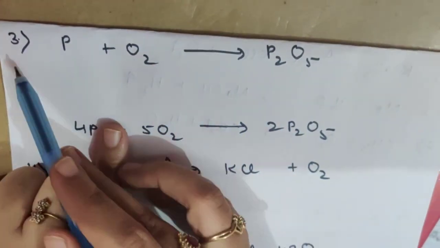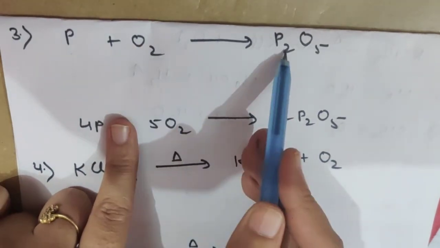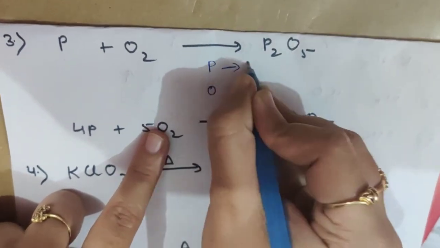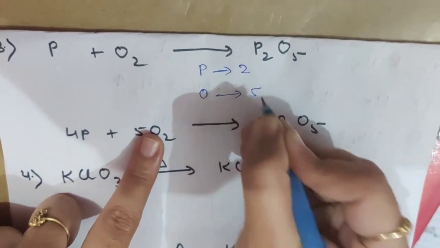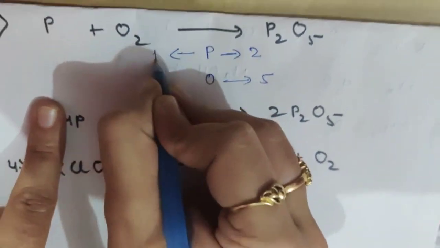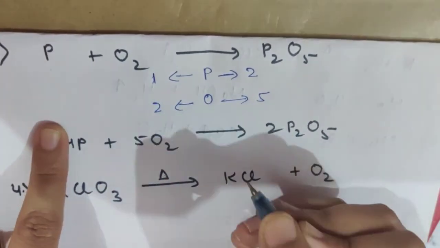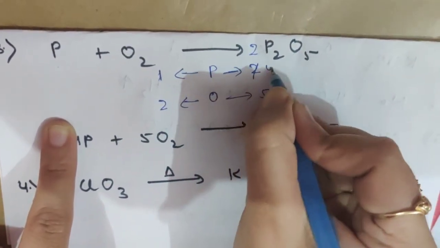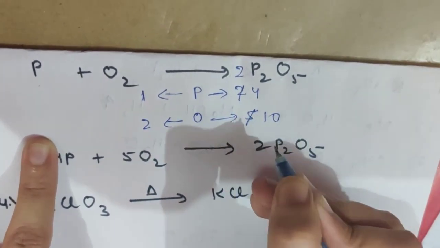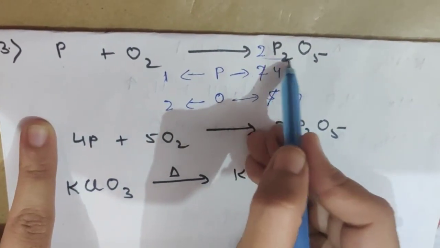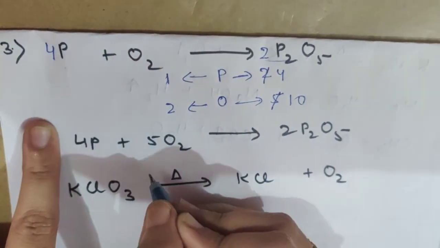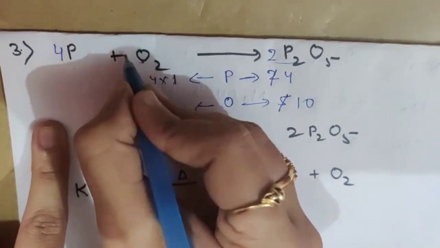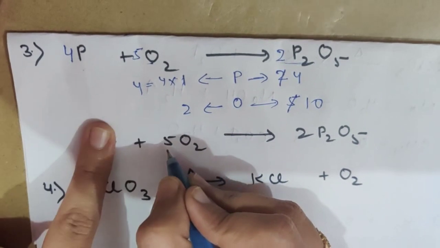Now the third equation is phosphorus plus O2 gives P2O5. Again mentioning the atoms here. We have 2 phosphorus atoms here and we have 5 oxygen atoms here. This side we have 1 phosphorus and 2 oxygen. Now to balance it, if we substitute 2 here, phosphorus will become 4 and oxygen will be 10. Again, if phosphorus here we have 4, then we will have to put 4 here also to make it 4. So this will be 4 now, and to make oxygen 10 we will have to multiply it with 5, so that this becomes 10.